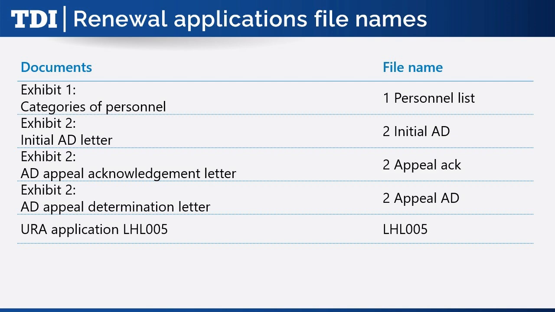When you are creating your application files, it is important to save each designated file separately and name that file as listed under the naming convention for that file. Following these instructions exactly as suggested helps to avoid processing delays. If different or longer naming conventions are used, TDI staff will have to request you to resubmit the files correctly, or in some cases, rename the files for you.